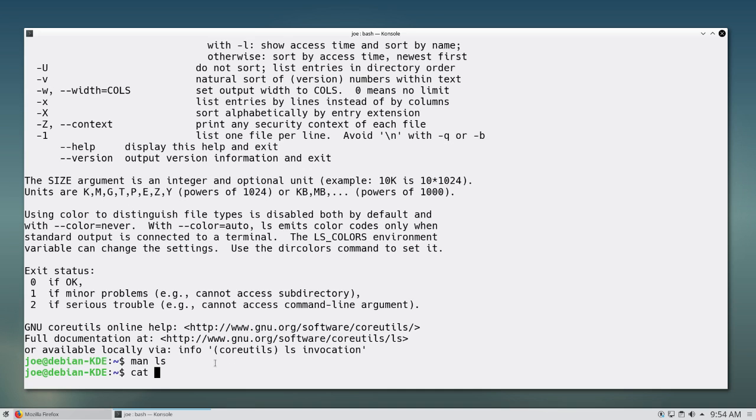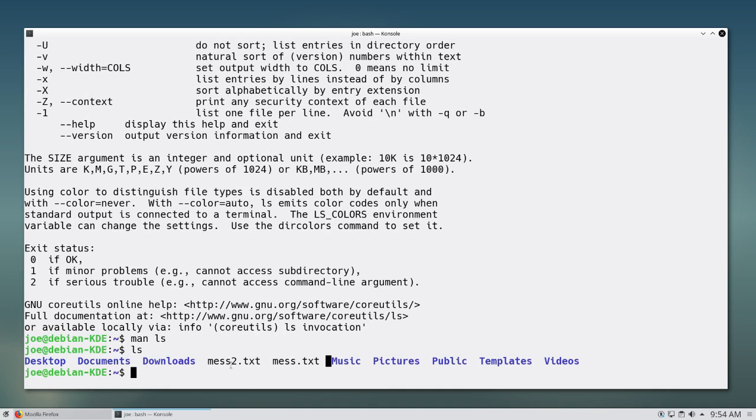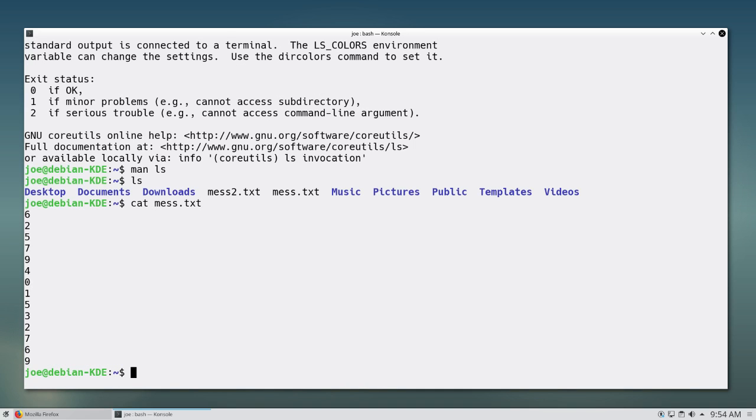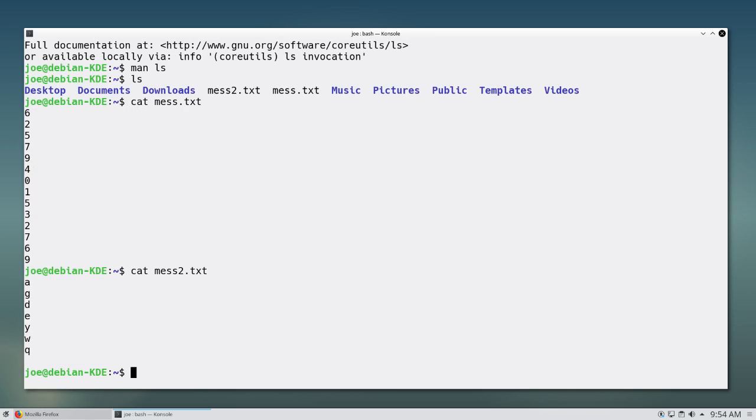So essentially what we have is I've created some files in this home directory here. I've got mess and I've got mess2. They're just two text files that have some garbage in them, and we're going to use that text to sort of understand how cat works a little bit. So normally you can cat mess.txt onto the screen like so, right? And that will give you some output onto your screen. It will basically output the text in mess.txt to the screen. And you can do the same for mess2.txt, so we can see what's in that file too. That's a couple of letters and a space, a blank line at the bottom. Okay, so now that you know what's in both files,